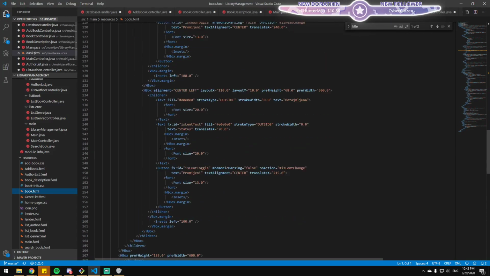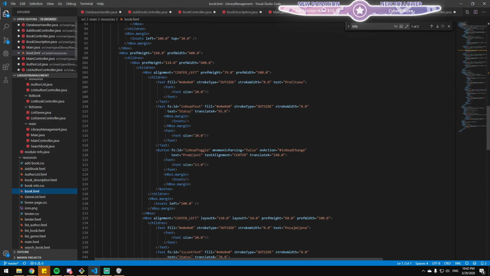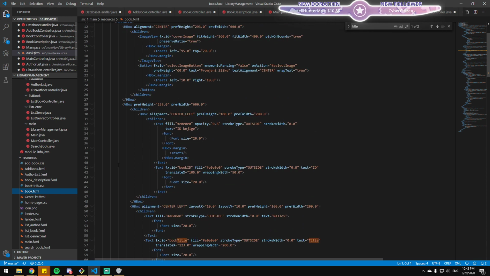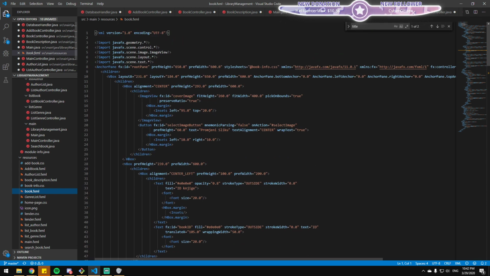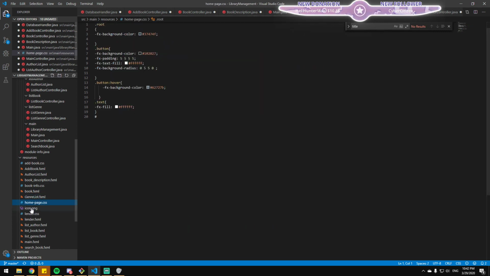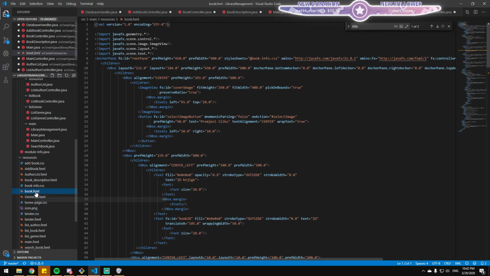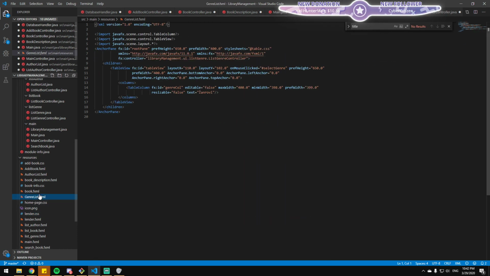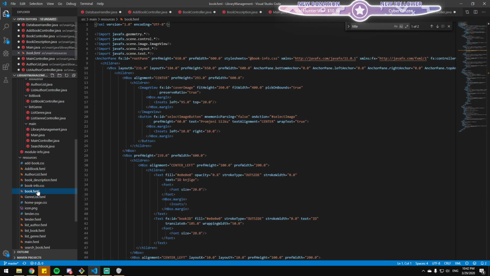It's XML based, just like HTML. So yeah, sure, it's kind of similar. And the cool thing about FXML is that you can just drag and drop with the Scene Builder. You can do that in WPF as well.